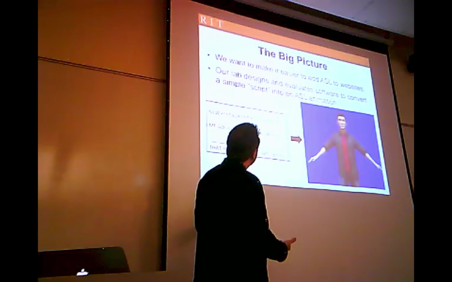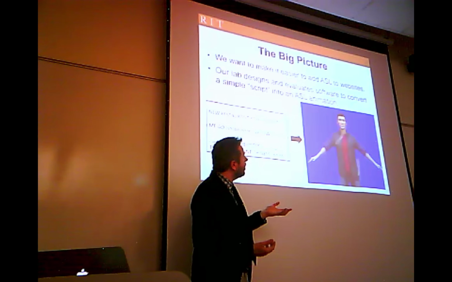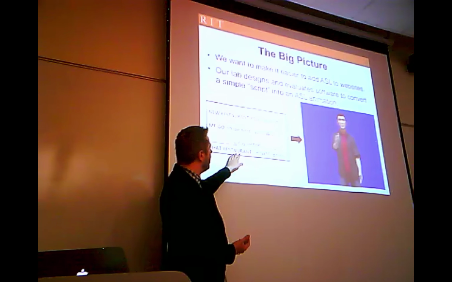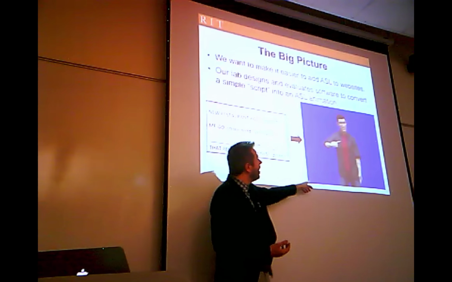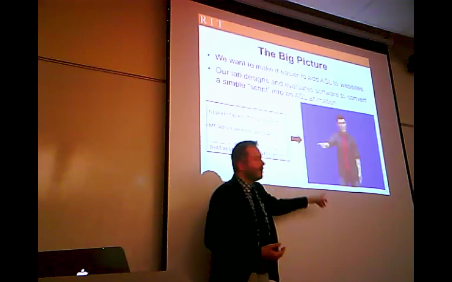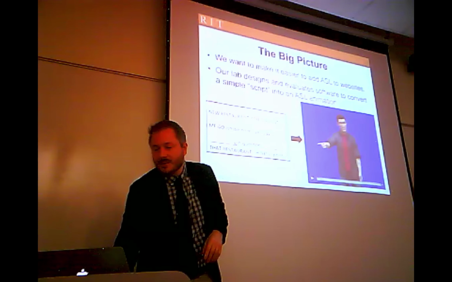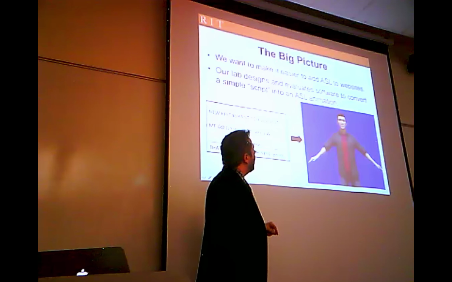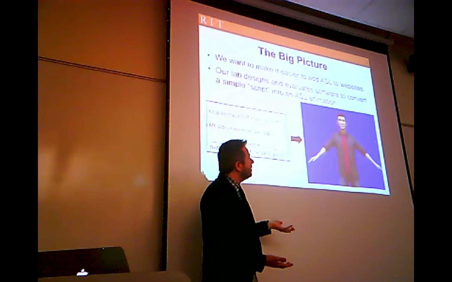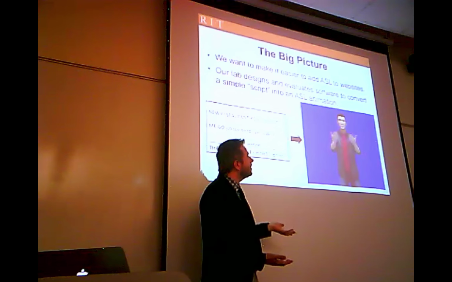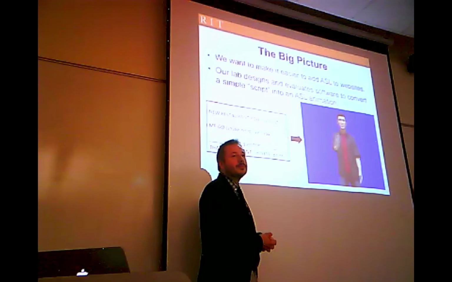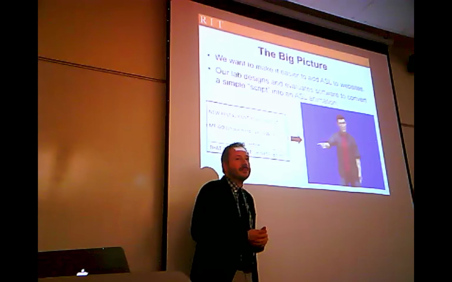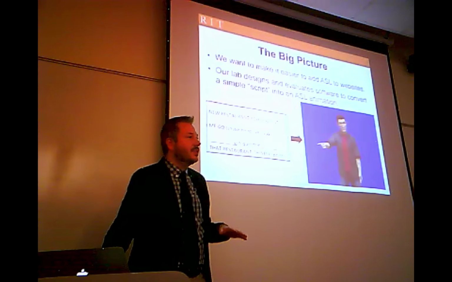So the big picture, we want to make technology which will go from some kind of script about what we want the character to say, and it'll actually plan a whole movement. I'll replay him because I was talking. I'll start in a minute. And our system has to make a lot of choices as it does this in terms of timing things, coordinating elements of the movement, smoothing motions between elements, these kind of things. Any questions so far?